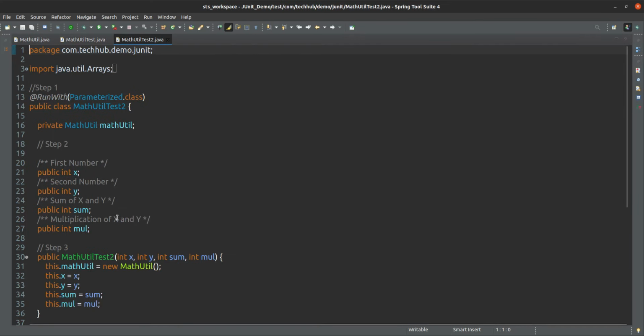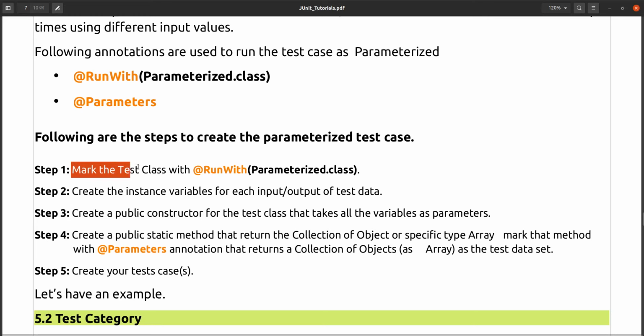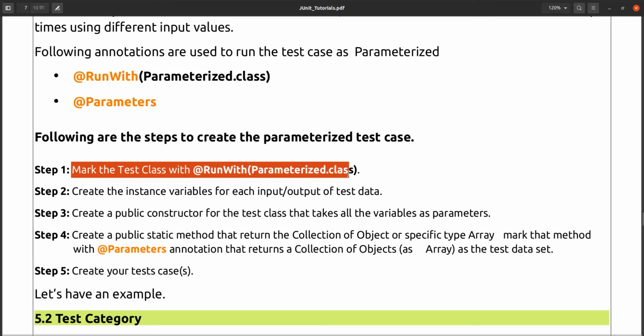Here, this is our first step. We have to mark this annotation on the class level: RunWith Parameterized dot class. Mark the test class with the RunWith Parameterized dot class annotation.